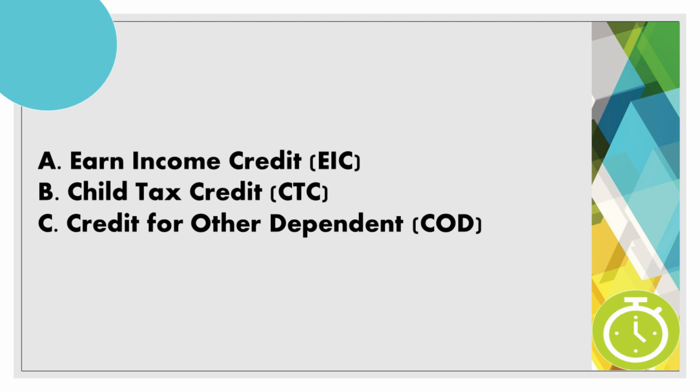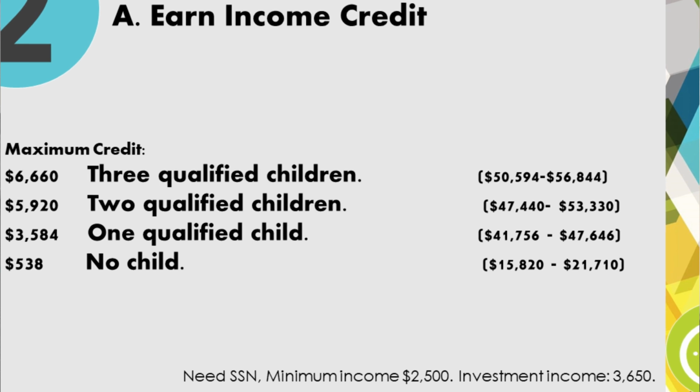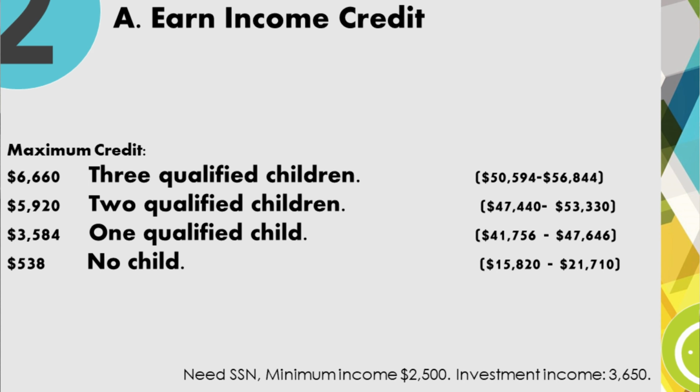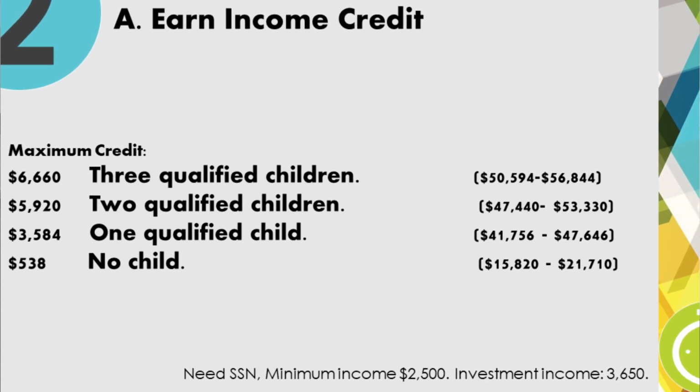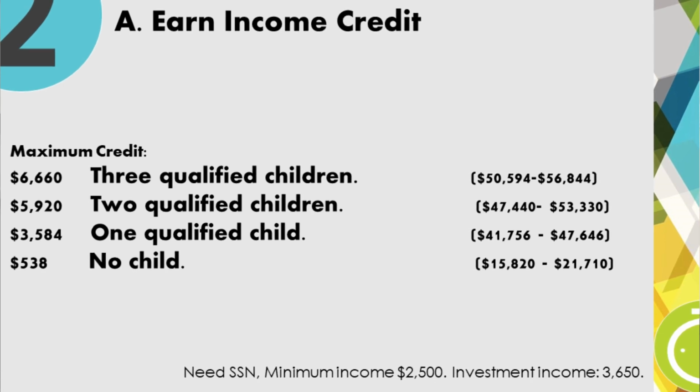The maximum credit, and this applies no matter where you go, is always the same thing. 1 + 1 = 2. No matter which accountant you go to, because these numbers are out there for the entire United States for those who qualify. So the maximum credit is $6,660 for 3 qualified children for families that earn less than $56,844 when they file married filing jointly, or